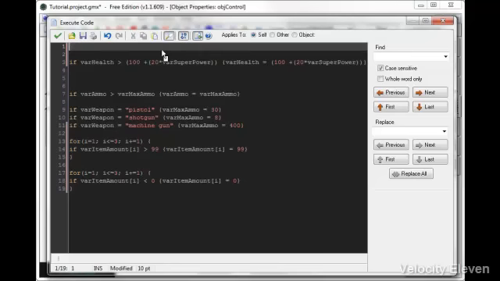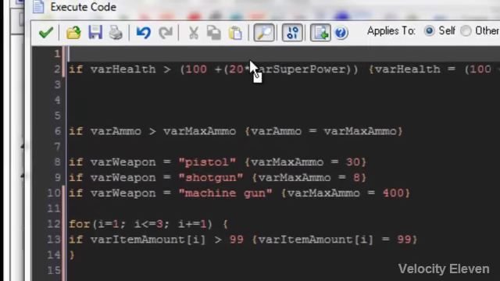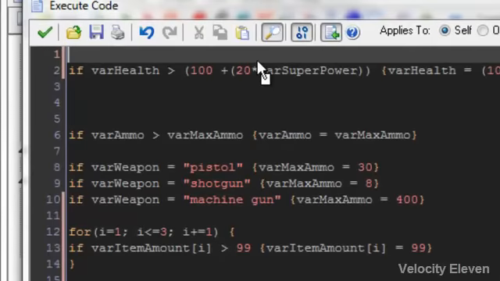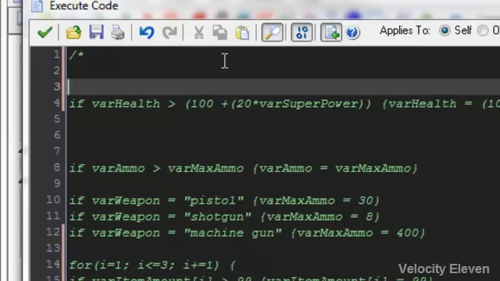Two more things I just want to mention with comments. There's another way of writing comments. You don't have to do the two dashes. What you can do is you can do a dash and then an asterisk, and as you can see, that's just commented the whole thing. And what that does is it comments everything up until you have another close asterisk dash.